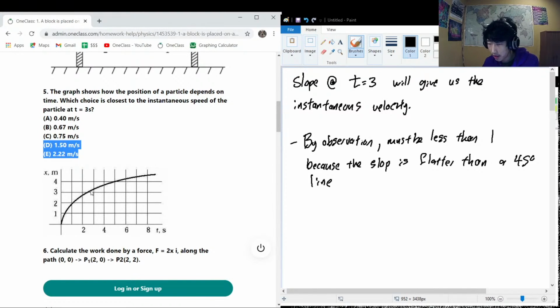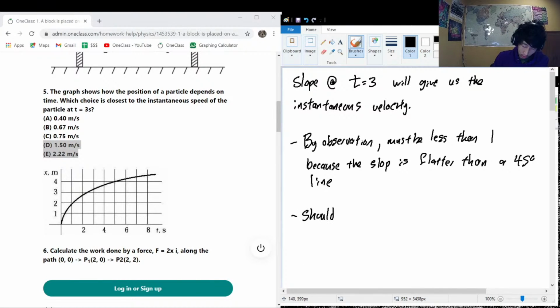Okay, so next we want to look around the neighborhood of 3, and you can see, hey, if we go to the left by 1 and to the right by 1, as you traverse 2 seconds from t equals 2 to t equals 4, you're going up by just under 1. So that actually corresponds to a slope of around 0.5. So it should be around 0.5